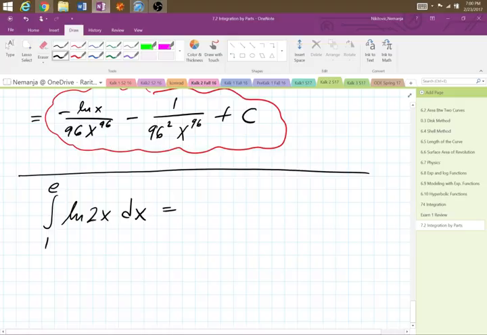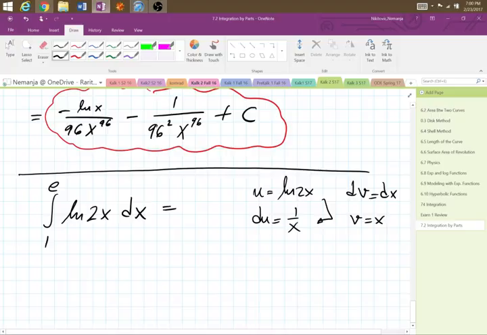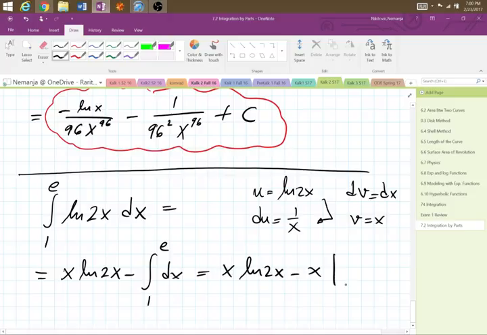All done? Since there's too much chatter. Easy, right? u is? Very good. And dv is? dx. So what's du? Excellent. And what's v? Perfect. Hit the arrow. So now what do I get? I get x ln 2x minus the integral of dx, right? Because 1 over x times x is just 1. We still have 1 to e limits. So that's x ln 2x minus x, everything computed from 1 to e,